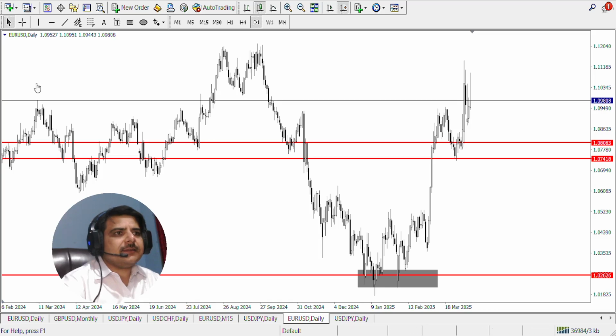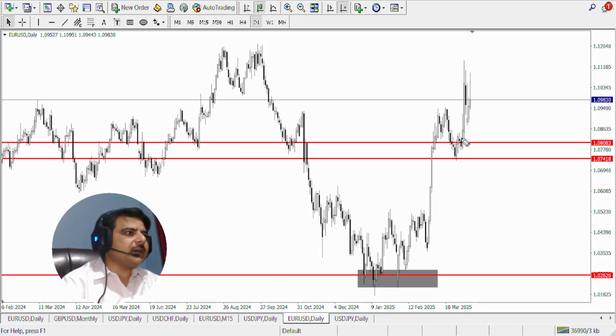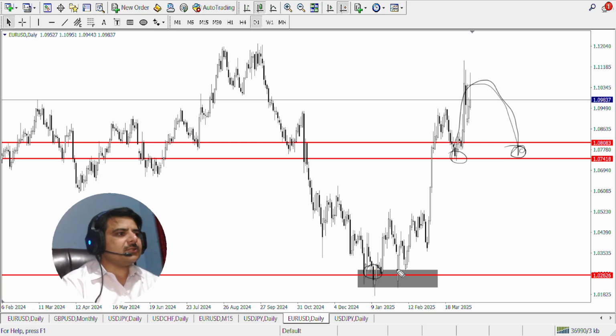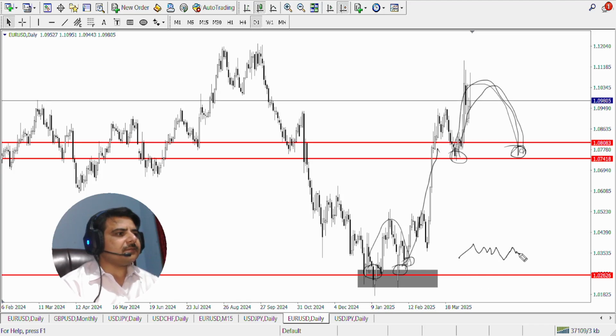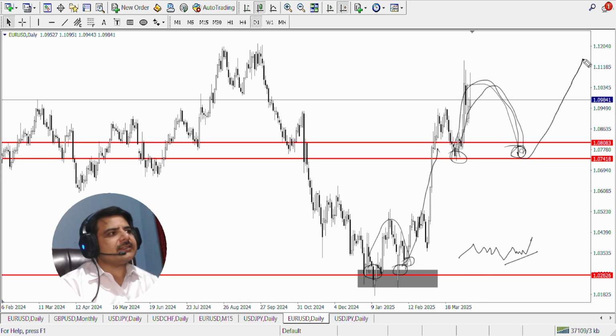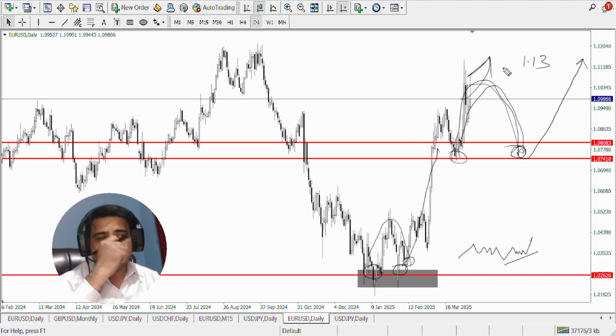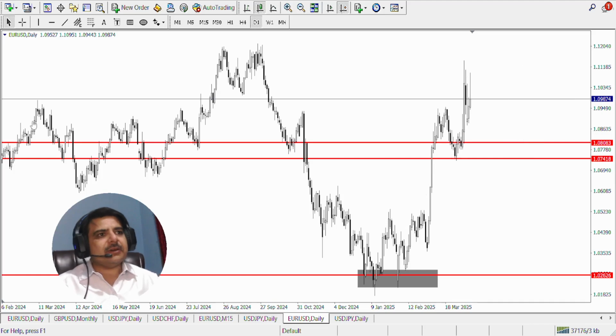And this will be a very good buy if the market comes back down and takes a retest, so it will be even more further. You see some sort of a setup like this, right? And then the continuation, same setup like this, and by then on the RSI, if we have some sort of divergence, then this will be a fantastic trade towards 1.13. If it continues from here, don't try to buy from here, because that is not the perfect idea.